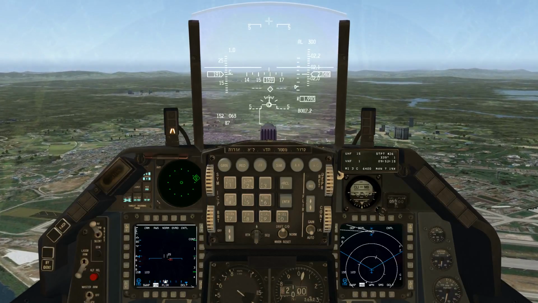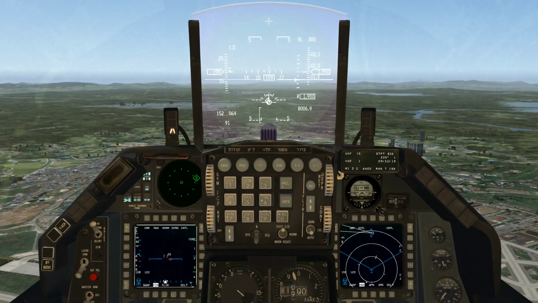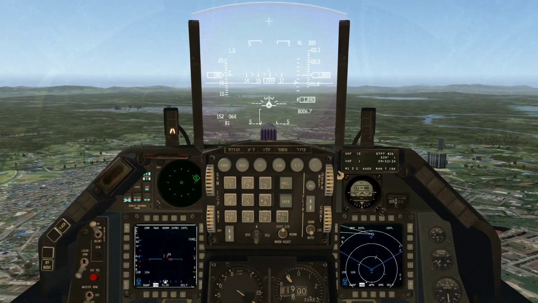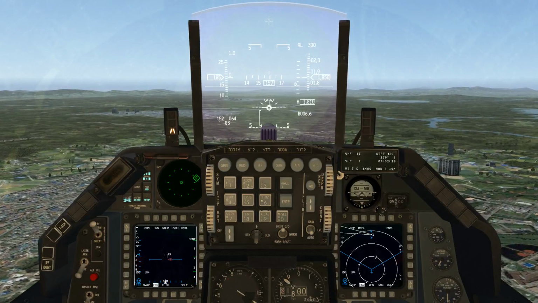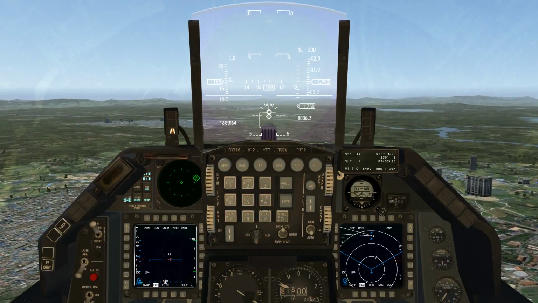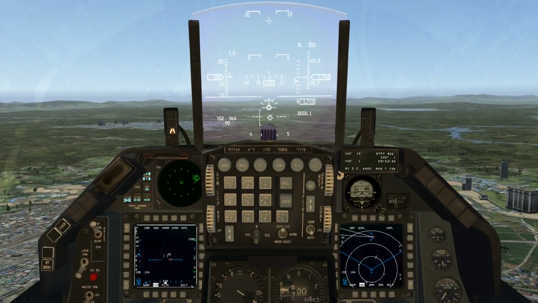Alright, so that's pretty good right there. I'm going to put the flight path marker on the touchdown point and control the airspeed. Put the flight path marker at the top of the staple and just stay right in this orientation here. Let's go a little bit high and see what happens here. If I put the flight path marker above and I start to go high on the glide slope,